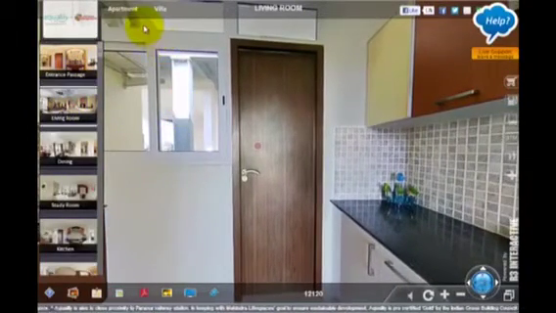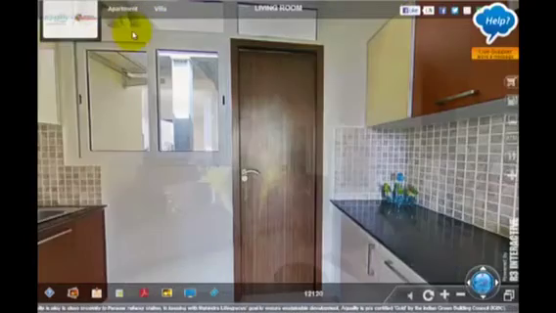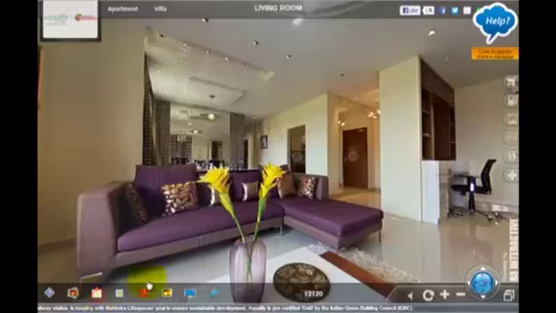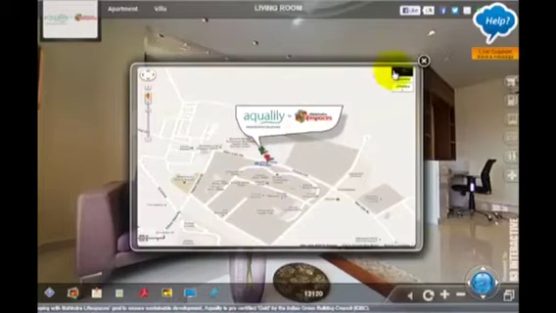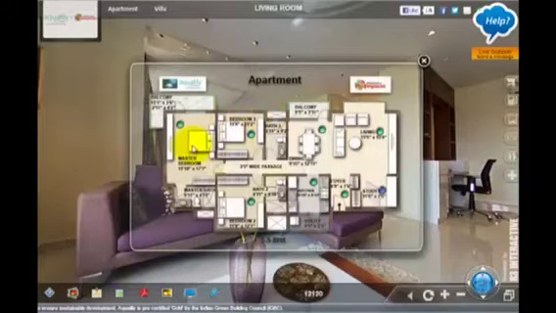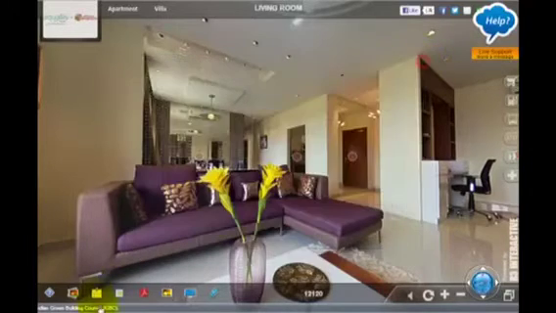I'm taking you to another room. Now see how this room comes open. As we open the room, you are in this living room, and now you can click on a button and you can see the Google map, the directions, or you can see the floor plan dimensions of the whole entire flat as I'm seeing in the middle of the screen. And many features as they come on this screen I will show you.